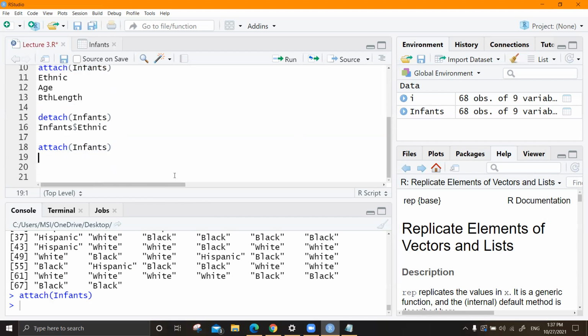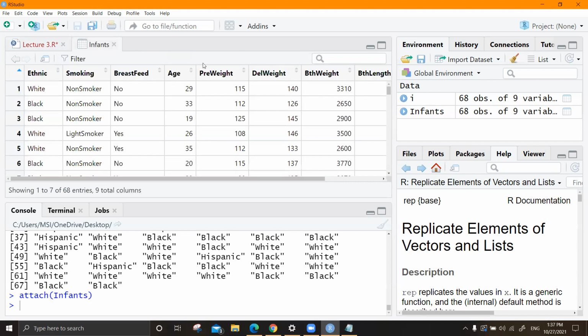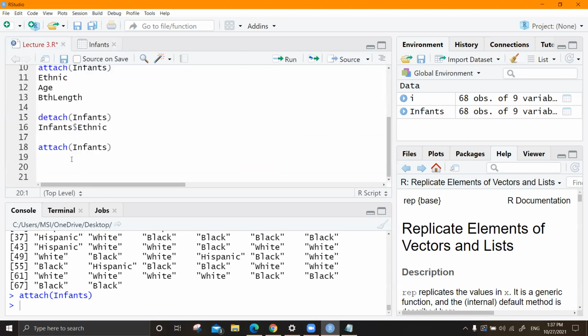I did this just to maintain the flow. Now the file is attached. You can check whether it is attached. You can type, see, it is suggesting. Right. So we are done with that.